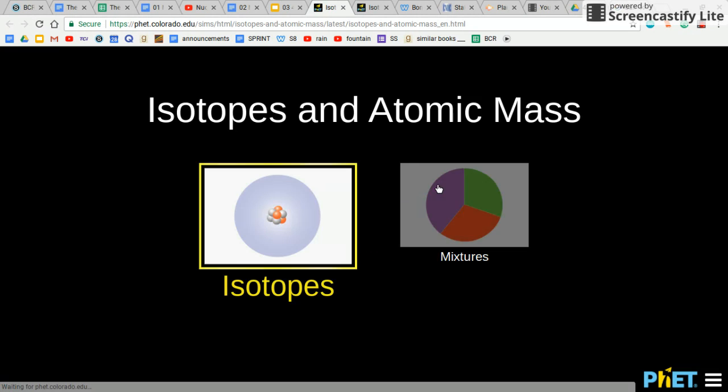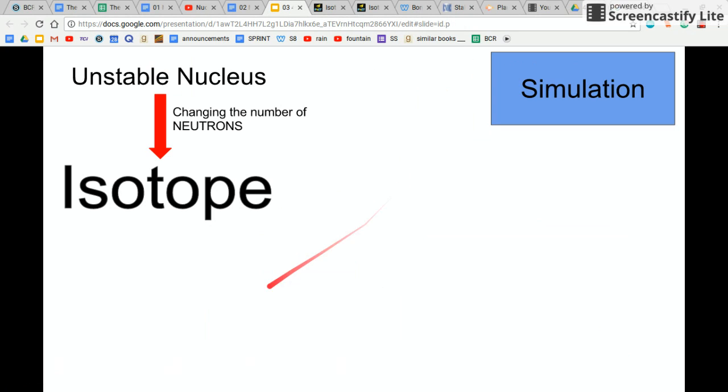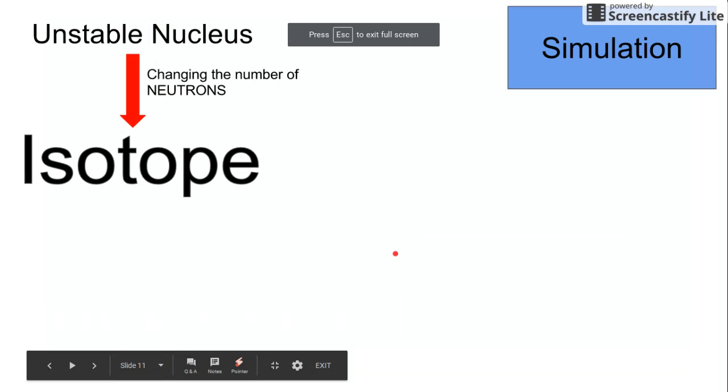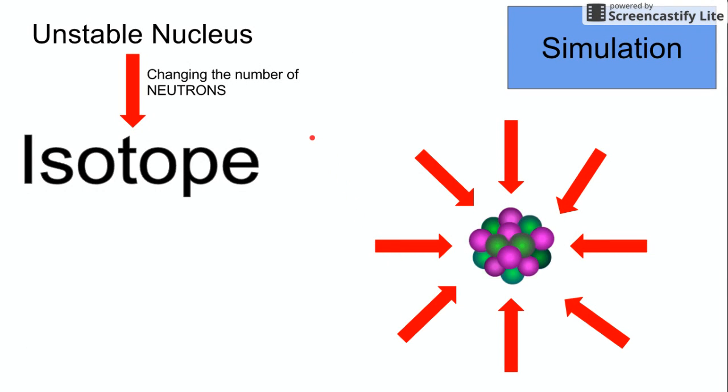We received a simulation in our ASPT unit, which kind of taught us about isotopes. And this is a great demonstration of unstable isotopes. So here we're messing with the number of neutrons, and now it's unstable, like right here. So once you mess with the number of neutrons, you get an unstable isotope. So this relates an unstable nucleus to